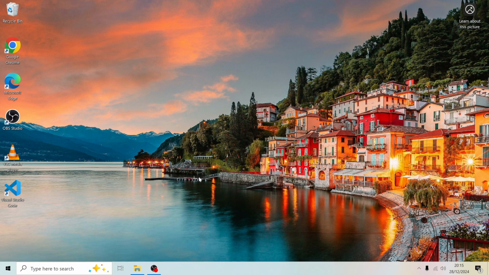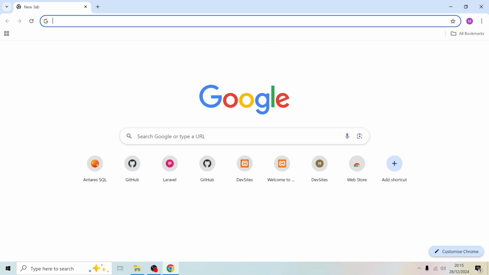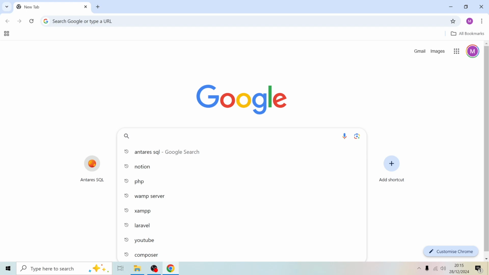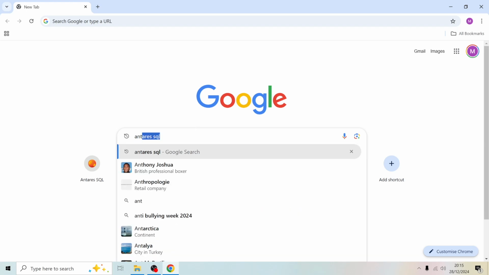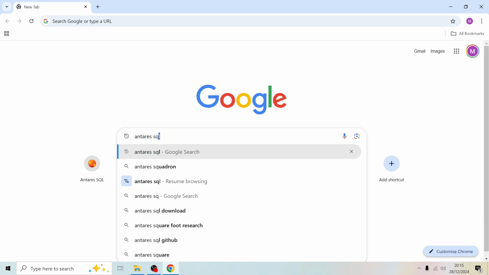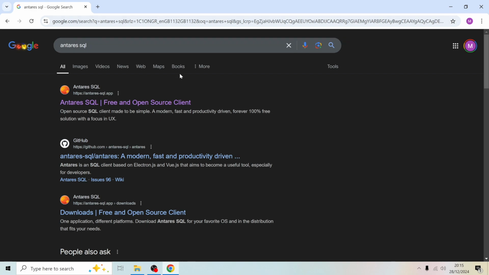So I'm going to open up my web browser, so I'm going to use Google Chrome, so I'll double click that. And I'm going to type in the search Antares SQL. So just remember Ant, Aries, then SQL. That's the best way to remember how to spell it. So do search,